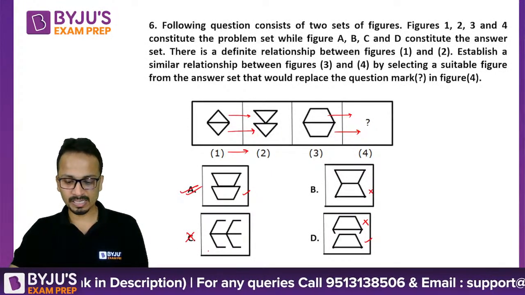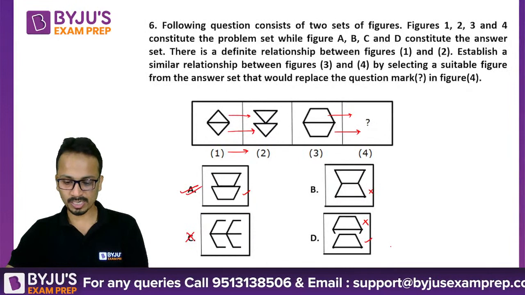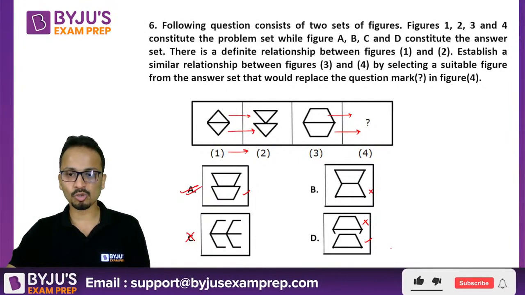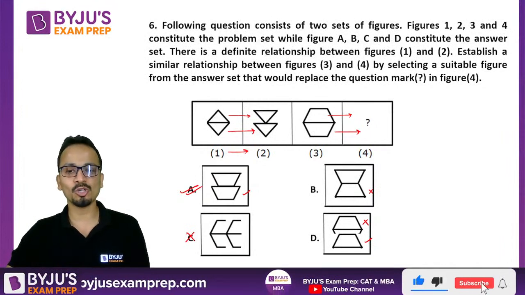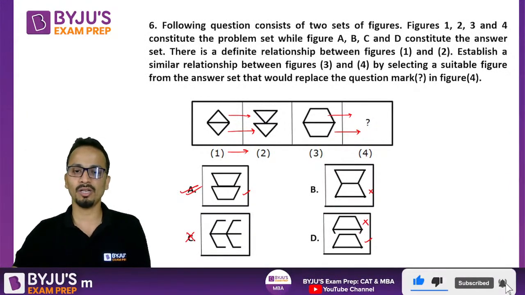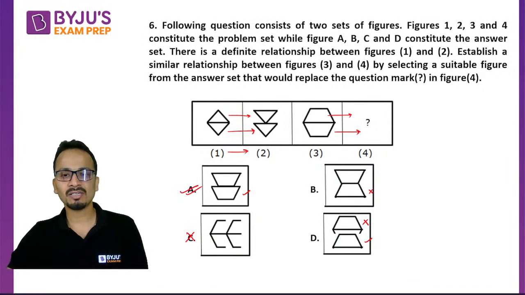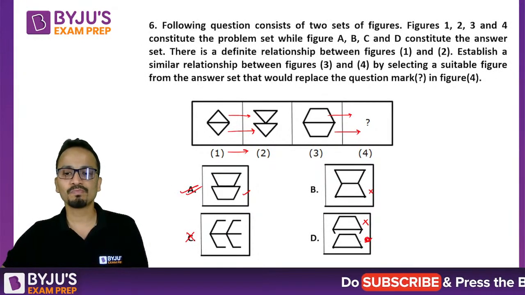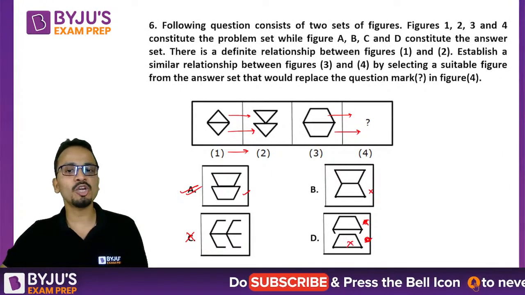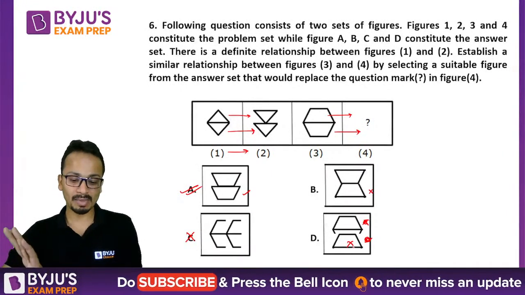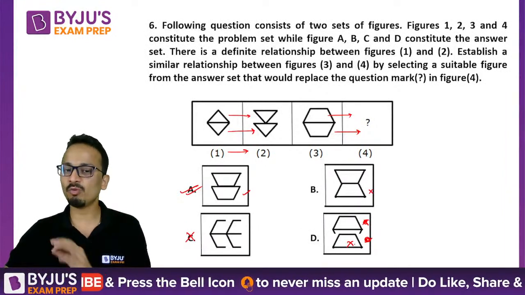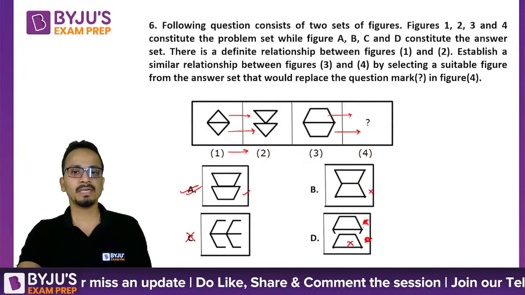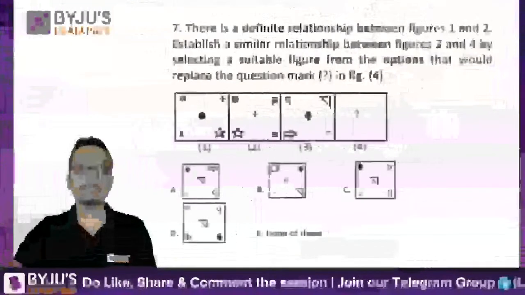Vicky is saying, sir, in D, the shorter side should be on the lower side. So D is also out. Yes, yes, yes. D is also out. Don't worry at all. So option D is rejected. Oh, yes, yes. So on the basis of the lower figure, option D was rejected. Yes, so my mistake. Option D was already rejected because of the lower figure. Okay, fine. Now let's move on to question number 7.